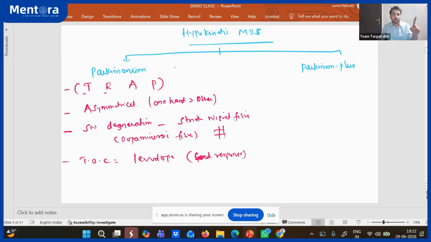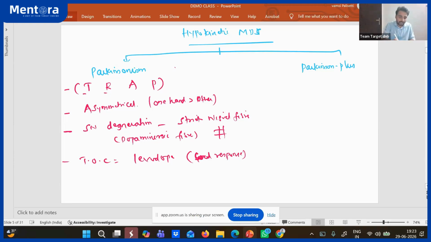Always asymmetry is the rule. If symmetry happens, it's never Parkinson disease. Very, very important, right? Because it's a dopamine loss, treatment is always levodopa, and there is a good response to levodopa. There are many other drugs if the patient has tremors, like pacity and triaxiphenyl, MAO inhibitors. All these things we'll discuss later.